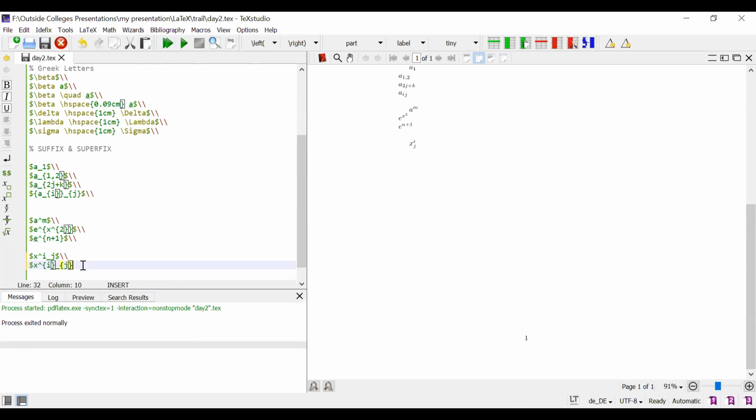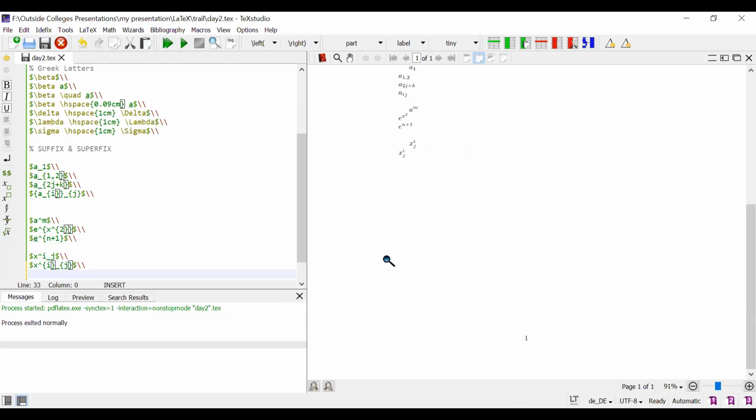You can't get any differences between these; they are the same. Why? We use a single element. But when we use more than one element in your suffix and superfix, you should fix this brace. You should write all those things in between the braces.